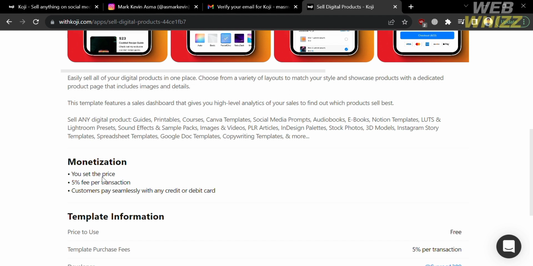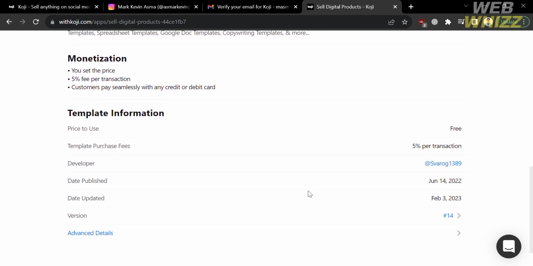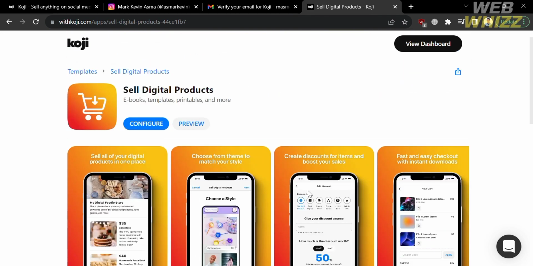And below, you will see the monetization info, in which it has a 5% fee per transaction, but you can set the price and the customers can pay seamlessly with any credit or debit card. And now to proceed, just click this configure button right here, in which upon clicking on it, you will be